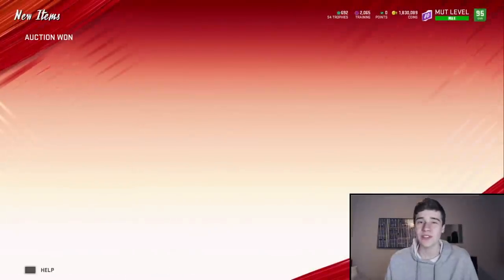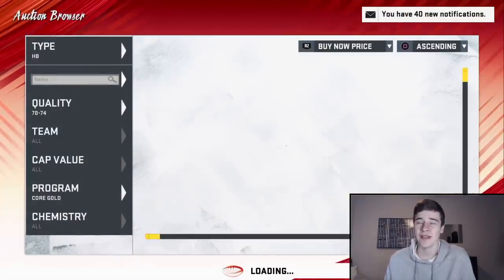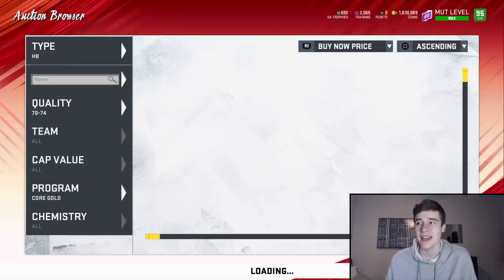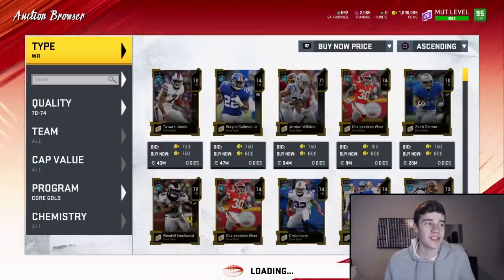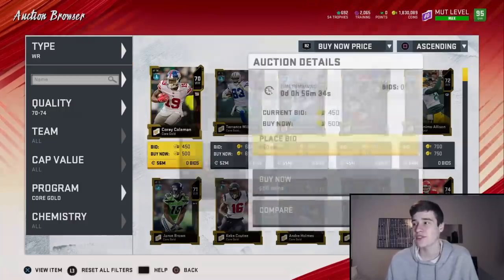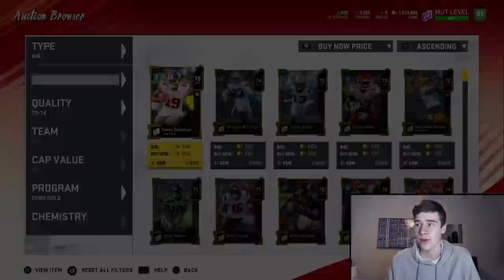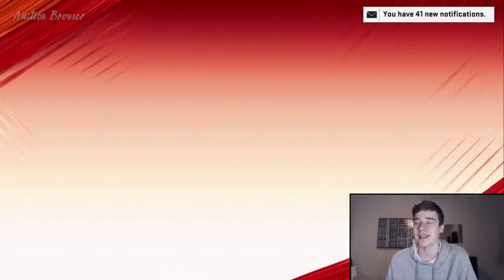And basically what I do is I just go through a bunch of different filters, filtering it down by position, and we kind of want to find these cards at like 600 coins or less. That's going to allow us to complete the set pretty cost effectively and make a pretty solid amount of coins off of doing this. So let's take a look at receivers. Let's see if there are any up for cheap. We're going to get one for 500 right here, Corey Coleman. We're also going to grab that Terrence Williams,